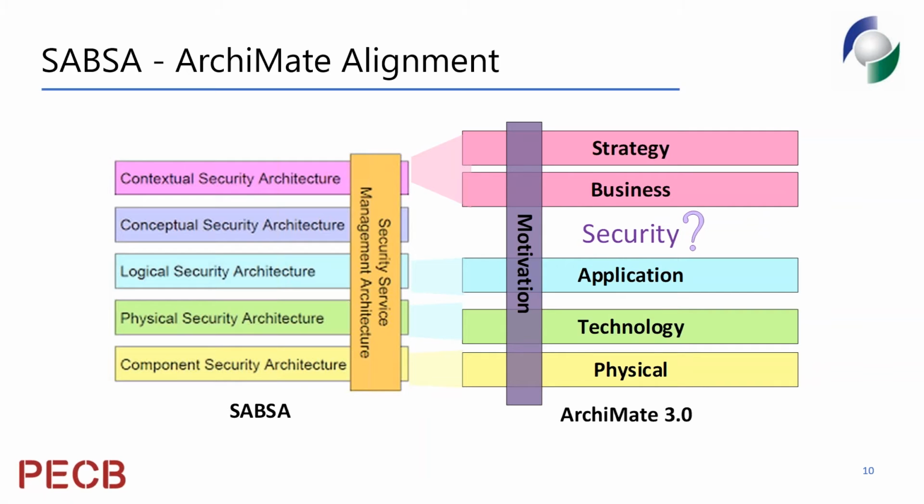SABSA with its 5 structural layers and an operational layer, where the second from the top is the conceptual security architecture, the security analyst view of the system. And we've got ArchiMate 3 and 3.1, where that layer just simply doesn't exist. That's the obvious deficiency in the current state of ArchiMate. If we want to represent things like accounts and principals and credentials and trust domains, things that we would naturally describe in the artifacts from the conceptual layer, we don't have the notation to do it.